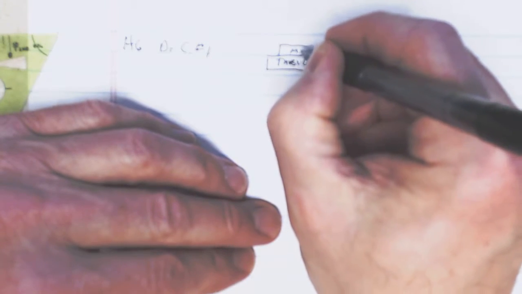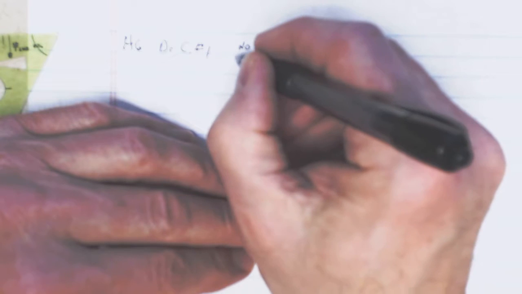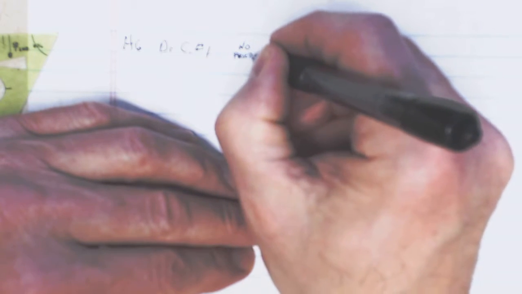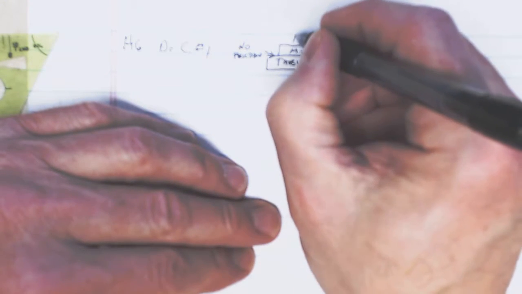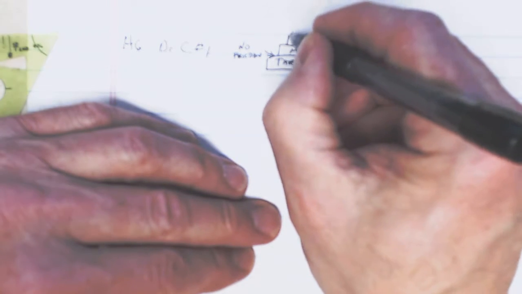Okay, homework number 6, problem Dr. C number 1 has a table and a block sitting on top of the table. Let's draw it by hand. M2, no friction between this block and the table, but on top of M2 there's another block, M1, and there